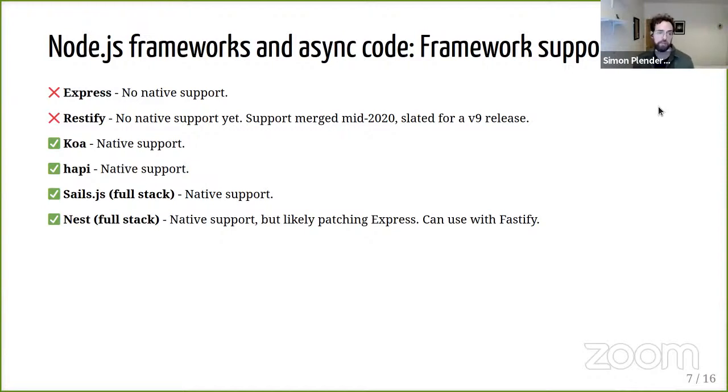Fastify has no native support yet at this point. So support was merged in mid last year, and it's slated for a v9 release, but I'm not quite sure when that's expected to come out. Now, Koa, another popular framework, does have native support for async code, so you can safely use promises and async await. The same for Hapi,